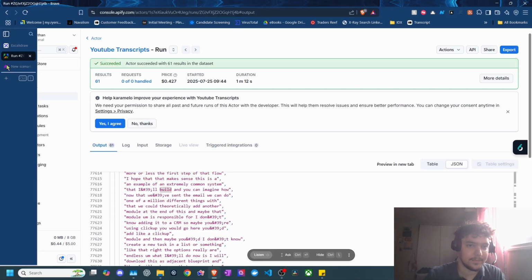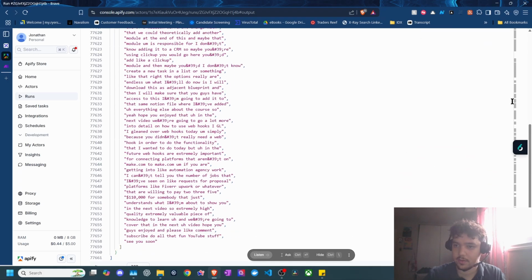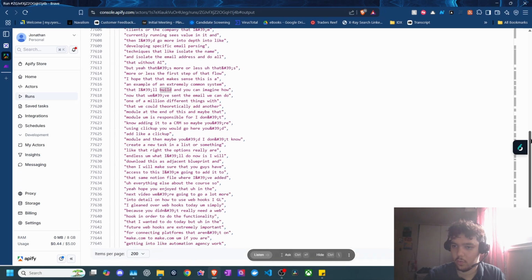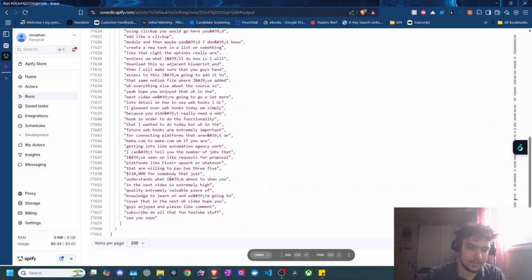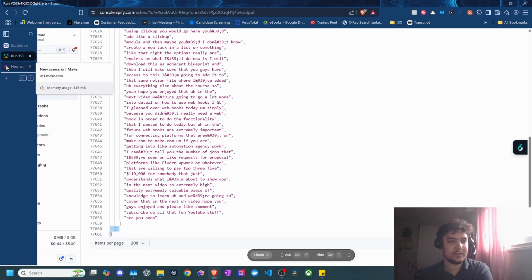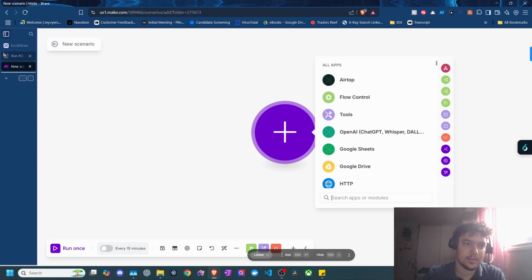Let's dive into this. So what are we doing? We're taking essentially the chunked transcripts, which is, as you can see, quite extensive. It goes up to 70,000. So as you can imagine, a language model chewing on that is quite the feat. So what we're going to do is chop it up a little bit and turn it into different iterations.